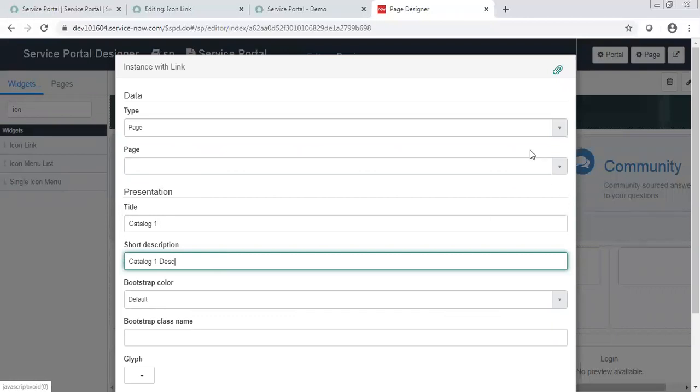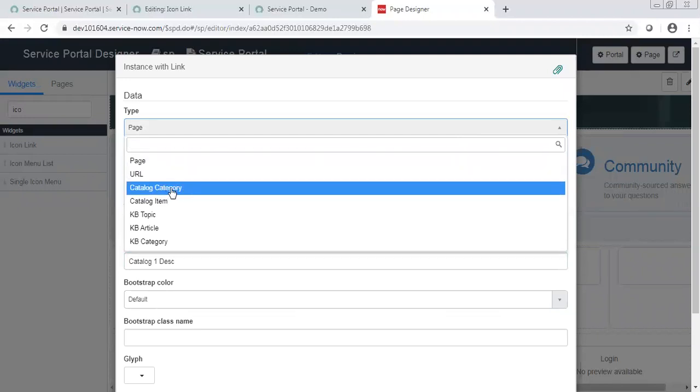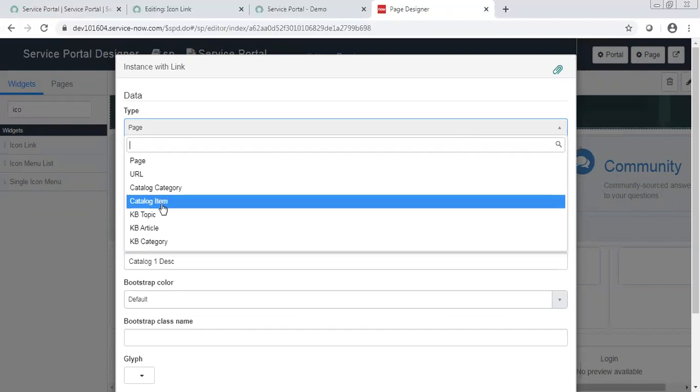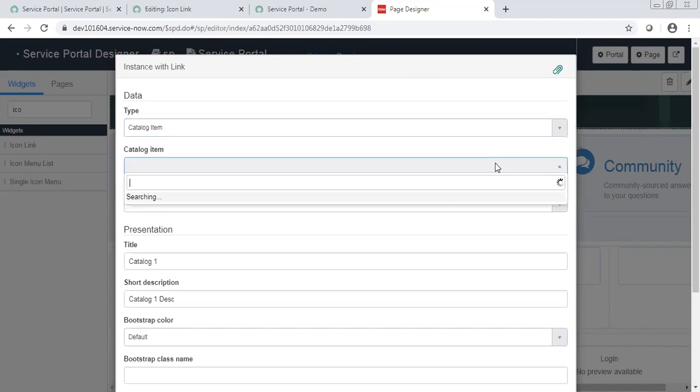Next is where you want to navigate through this link. You may want to navigate to a particular URL, a particular catalog category, or a particular catalog item. Let's say I want to navigate to a particular catalog item.